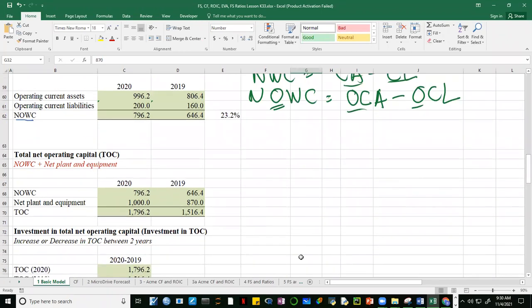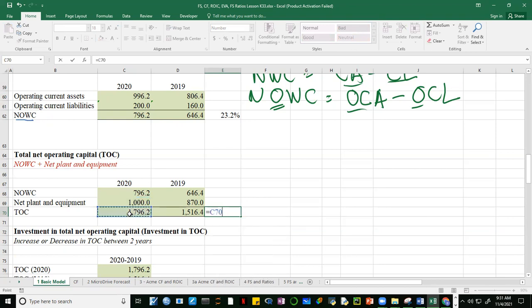fixed assets. Okay, so the formula now for TOC will be just sum up your operating working capital and your net plant and equipment. So our total net operating capital, or TOC, for 2020 is 1796, while it was 1516 for 2019. So we can see here that the TOC,